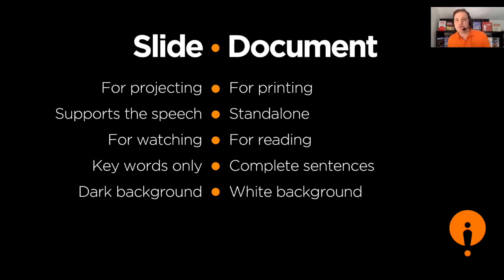Whereas in a document, you do want to have a white background because people might print it and you don't want them to be printing things unnecessarily. And that can be very bad for the planet with all of that use of toner or ink. So just try to have a white background for your documents. And then on a last point, a slide is something which should avoid what we can call visual pollution.